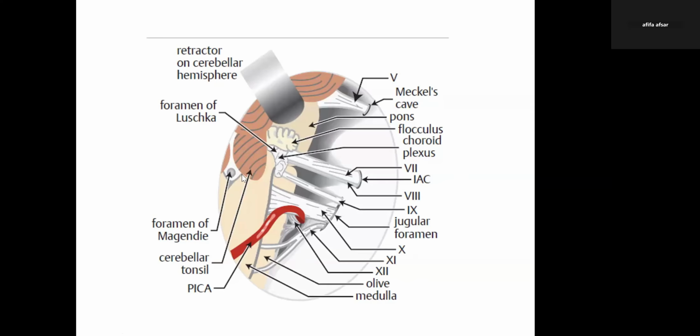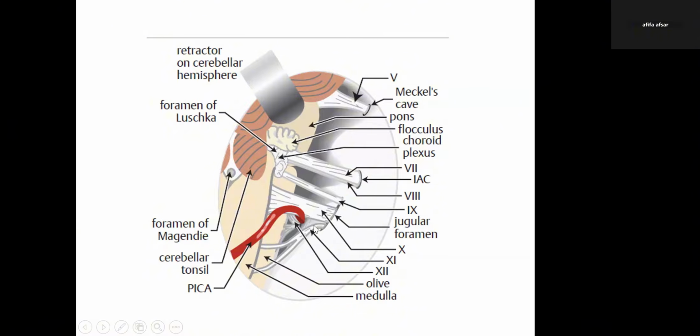This is the 7th-8th nerve complex that can be seen here, which is being traced down till the internal acoustic meatus. This is the choroid plexus, which is hanging down from the foramen of Luschka, and this is the glossopharyngeal nerve, which exits via the jugular foramen, and there's a dural septum in between the glossopharyngeal and the vagus nerve. These are the spinelets of the cranial nerve 11th, and this is the cranial nerve 12th, which tends to arise from the lateral surface of the medulla.